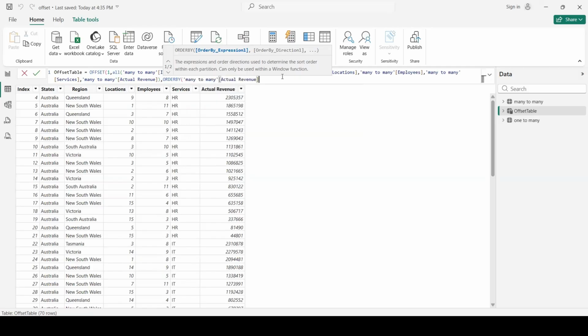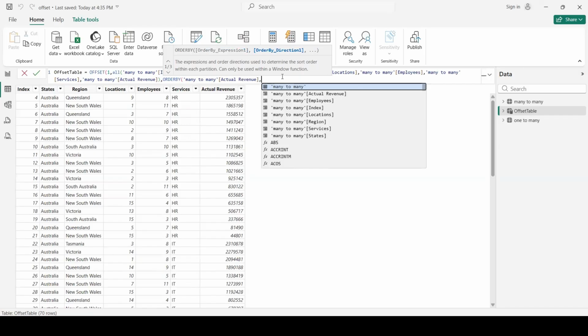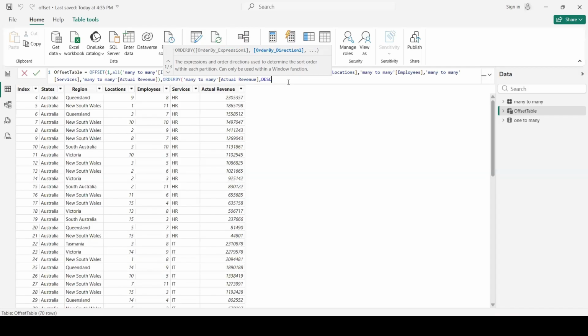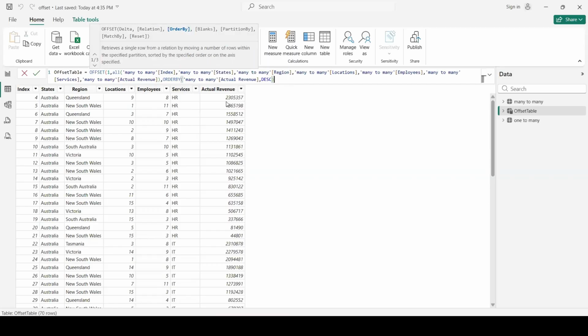We want to order, and also by descending, so we want the highest value. So basically what will happen, it will not order the column with actual revenue in a descending order. It will just take the highest first value.